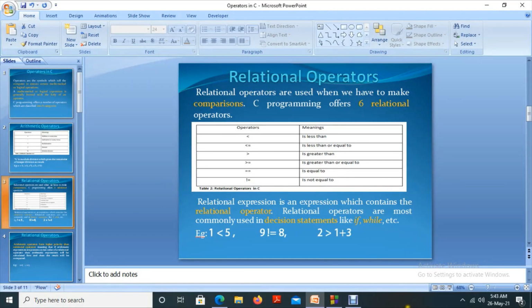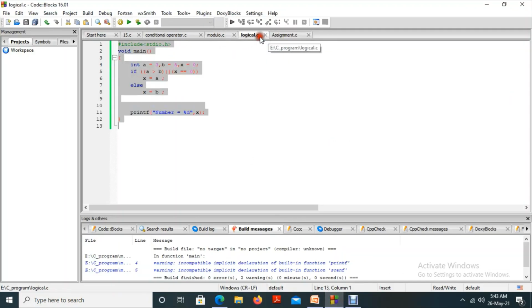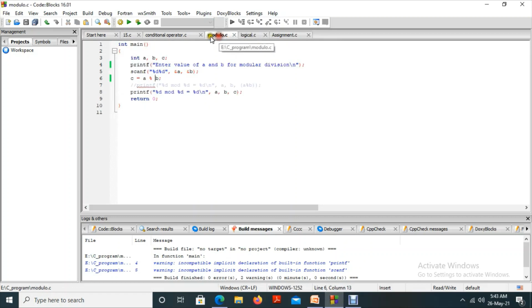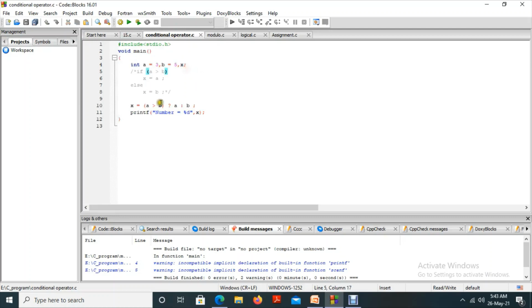So we will discuss with the help of a program. Okay, here we have a program like this. This is one more comment symbol.